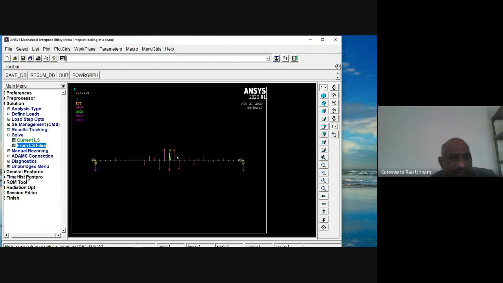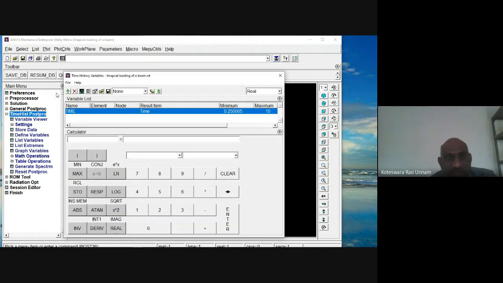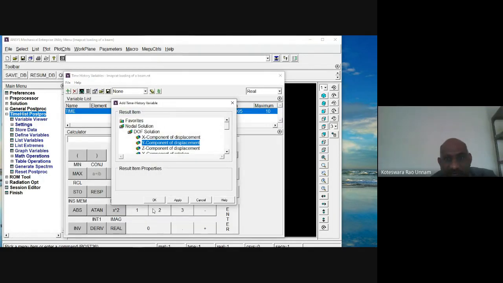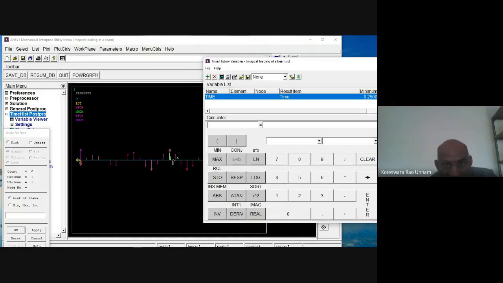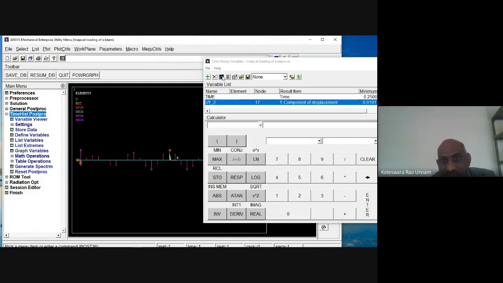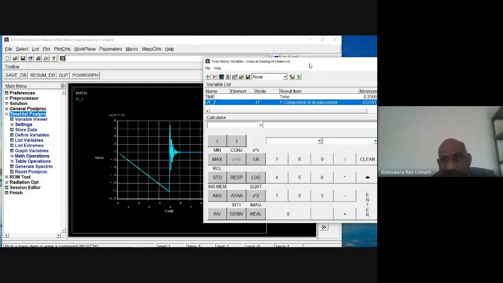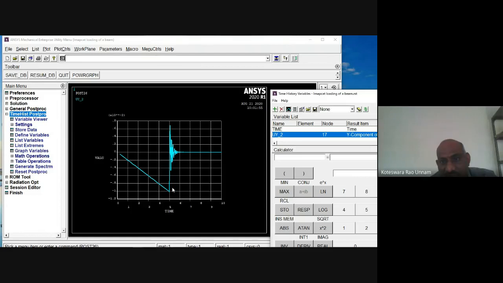So again I'll go to the time history post processor to plot the response. So I want to see whether there may be any difference. You need to select the same node, that is 17. You want to see what is the difference between those things. So you are getting something like this. See here at these time points. Obviously this is the first response, we are not considering it. You have to consider only from this point onwards, that is from 5 seconds to 10 seconds. You need to consider the solution.